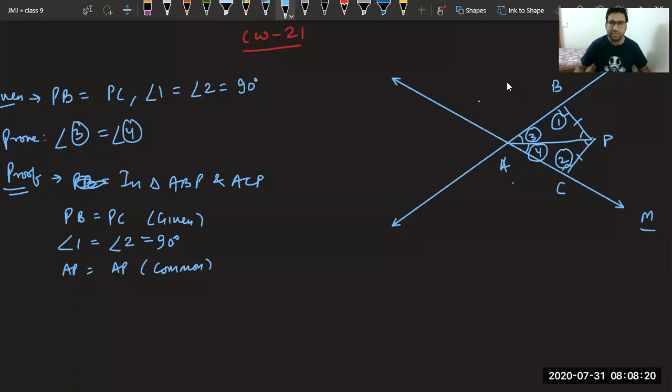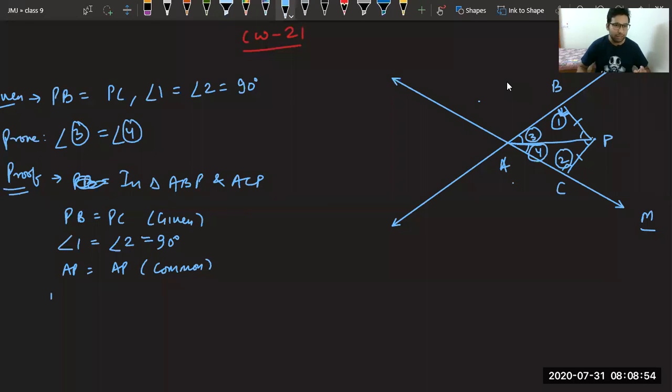Now you can see the criteria is coming as angle side side or side side angle, and we have not studied any such criteria. So for our rescue comes this right angle, which gives us a hint, which gives us a ray of hope that you can use right angle, hypotenuse and side also, but you have to check whether it is happening or not. So we have a right angle, we have AP, which is opposite to right angle, that is your hypotenuse, and we have BP, which is a side.